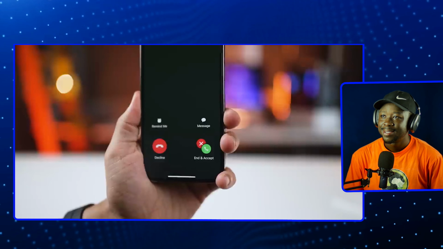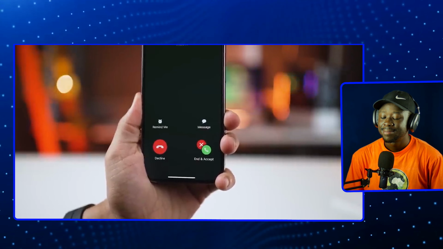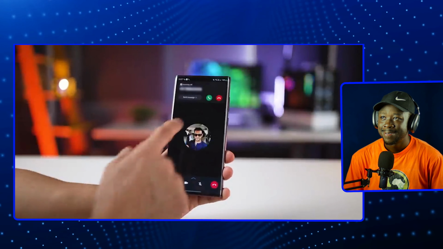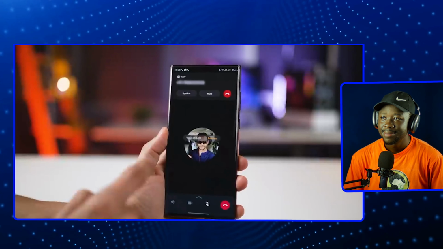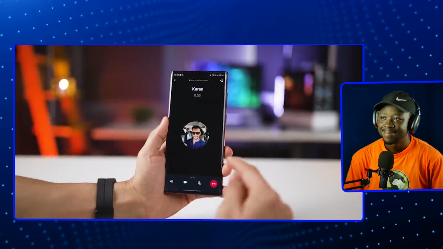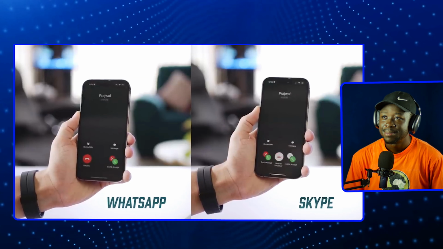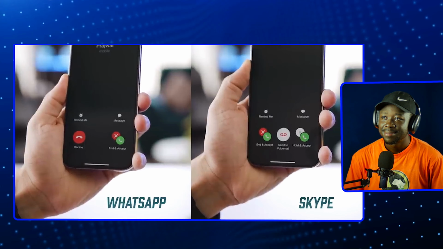Or you disconnect your WhatsApp call and then accept the incoming call. Why? Look, on Android, here, if I'm on WhatsApp call and I get an incoming, I can pick up that call and it just puts my WhatsApp call on hold. So I can jump right back into it. And this problem in iPhone is not limited to just WhatsApp. The options to switch calls, it keeps changing depending on which app you're currently in. Just look at what I get for an incoming call on WhatsApp versus what I get for an incoming call on Skype. And so if you guys are in and out of meetings and phone calls, you're going to want